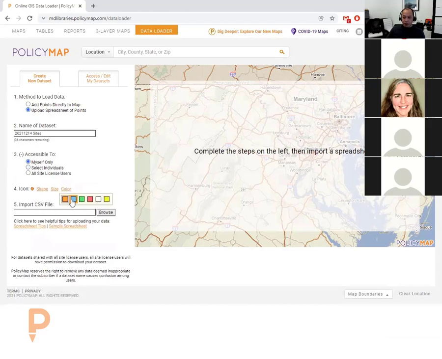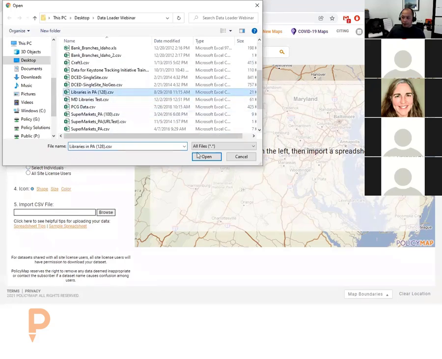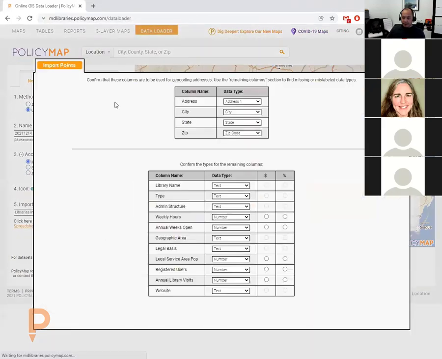Choose icons, choose colors. And then, unfortunately, I only have a PA data set. And then once you go through the process,